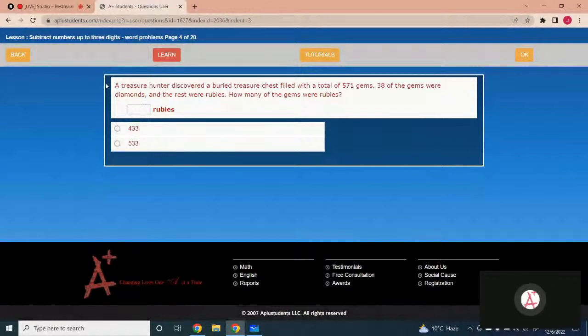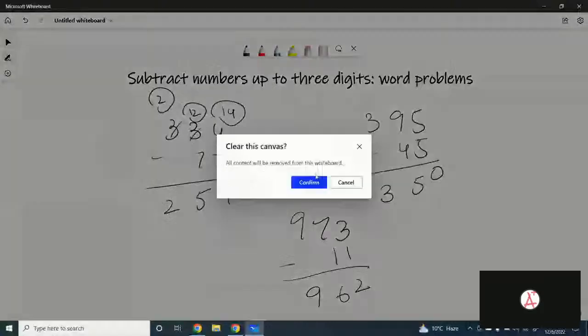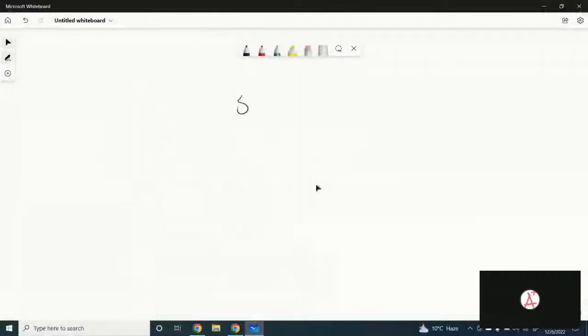Our treasure hunter discovered a buried treasure chest filled with a total of 571 gems. 38 of the gems were diamonds and the rest were rubies. How many of the gems were rubies? Got it? You have to subtract 38 from 571. Got it? So 571 subtract 38 is